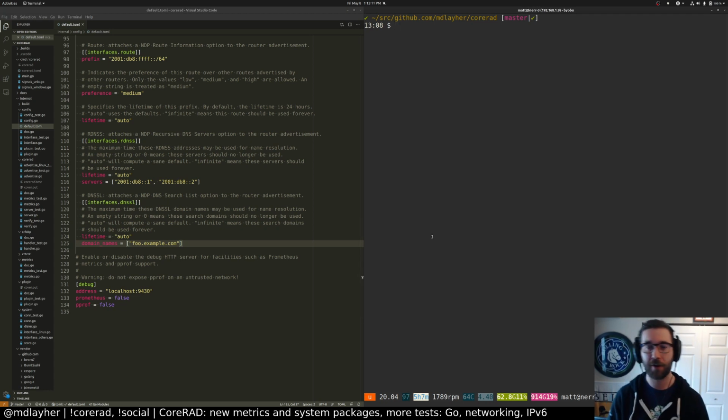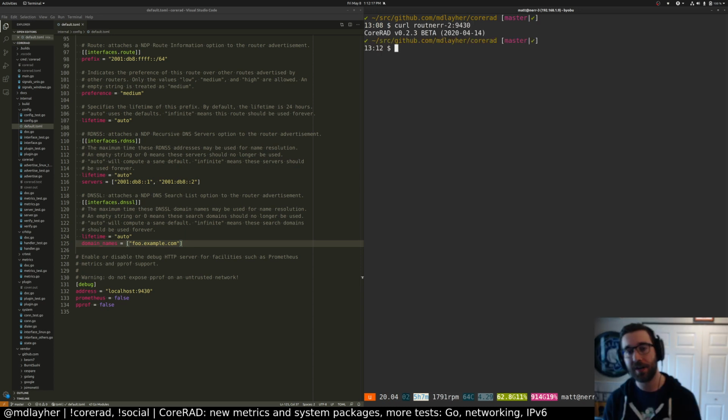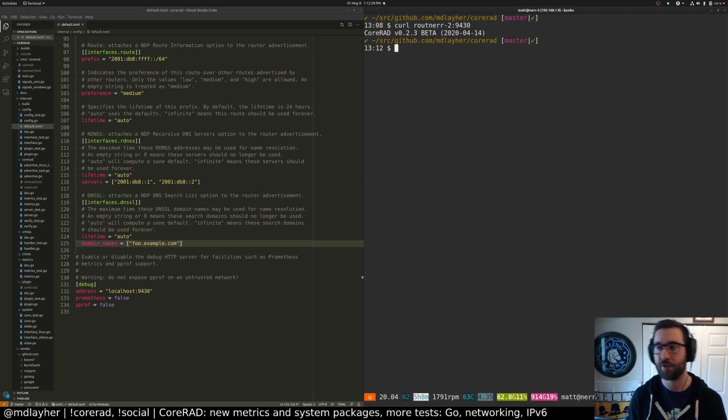So for example, if I curl into this, my router lives here, port 9430. You will see that this is where it's running. I'm running v0.2.3 beta, which is the last tagged version. We've made a few git commits since then, and we'll be going over some of the stuff I've worked on recently today, and possibly tagging a new release at the end of this stream. I'm not exactly sure yet. But if I go here and look at the metrics output,